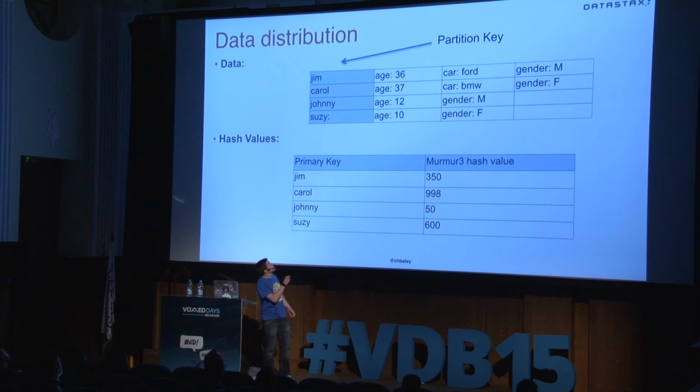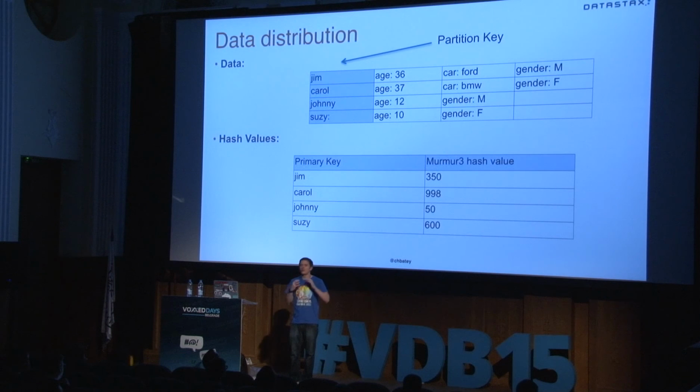So you've got a partition key. This is this guy. This can be 1 column, it can be 6 columns. But you have to tell it that. You have to know your data. You tell Cassandra, I would like to partition on this particular value. So in this example, it's name. It's Jim or Carol or Johnny or Susie. Every single row inside Cassandra which has the same partition key will live on the same node. So it can't be too much, because it's got to fit on a single computer, but you don't want it to be too small, because you want to keep your queries in there. So regardless of the size of your Cassandra cluster, you can go to a single node and get the data.